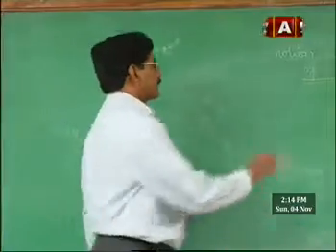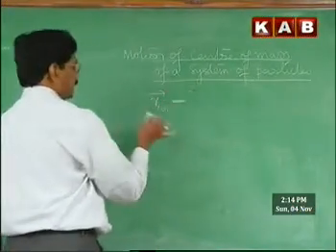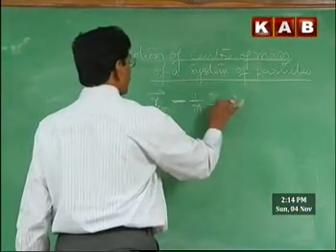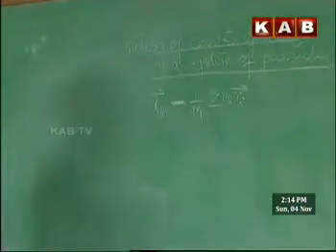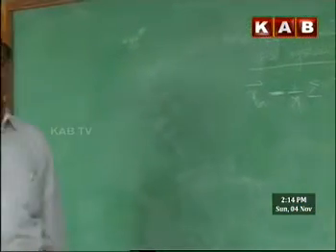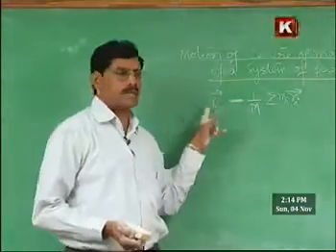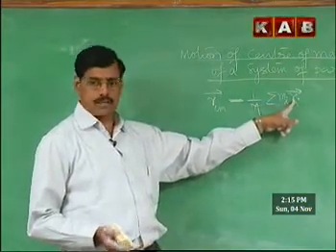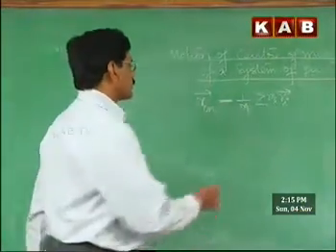See, the coordinate of center of mass of a system is RCM. Position vector of center of mass of the system is 1 by m sigma mi ri if the system is discrete, or 1 by m integral r dm if the system is continuous. Now first we will consider the case of discrete system. RCM is position vector of center of mass, Ri is position vector of ith particle, Mi is the mass of the ith particle, and m is mass of the total system.